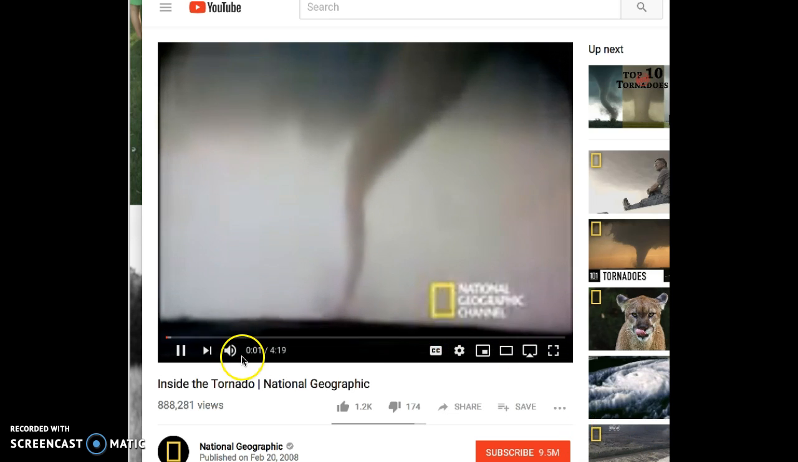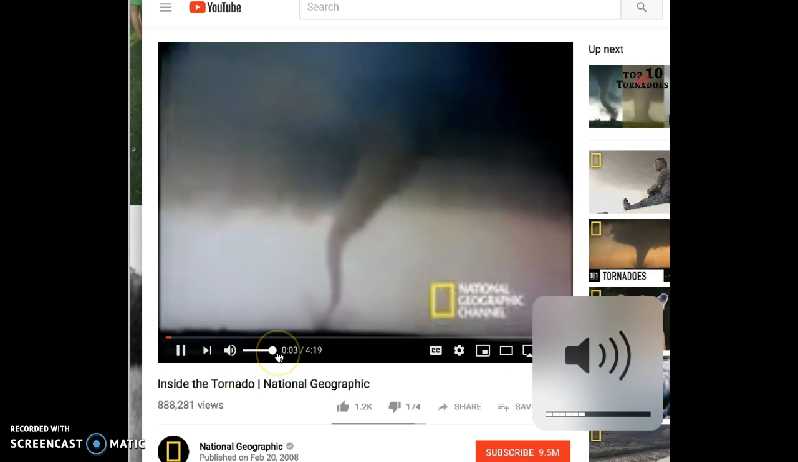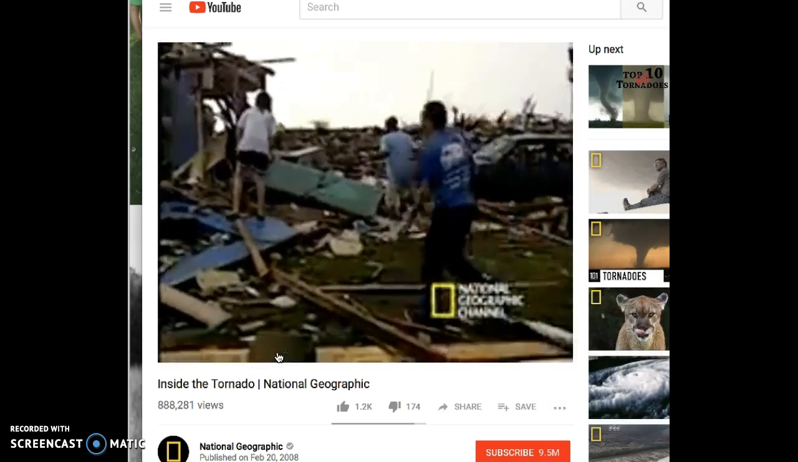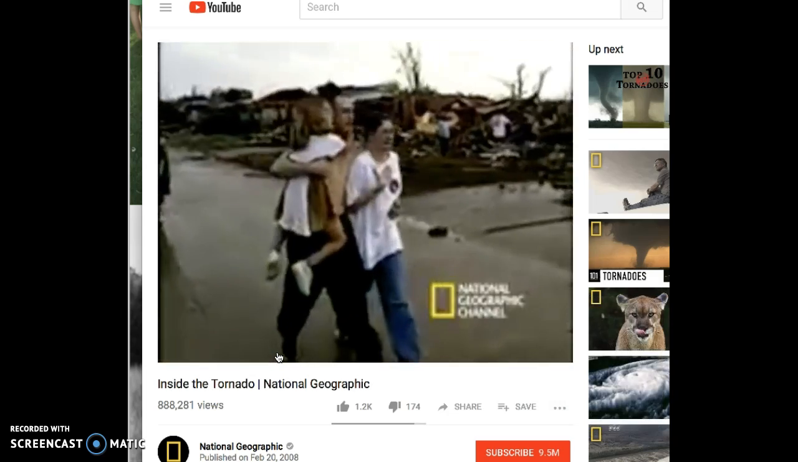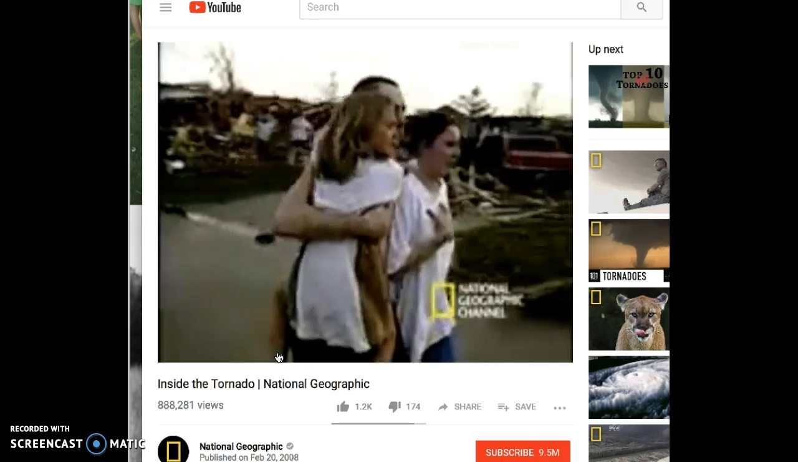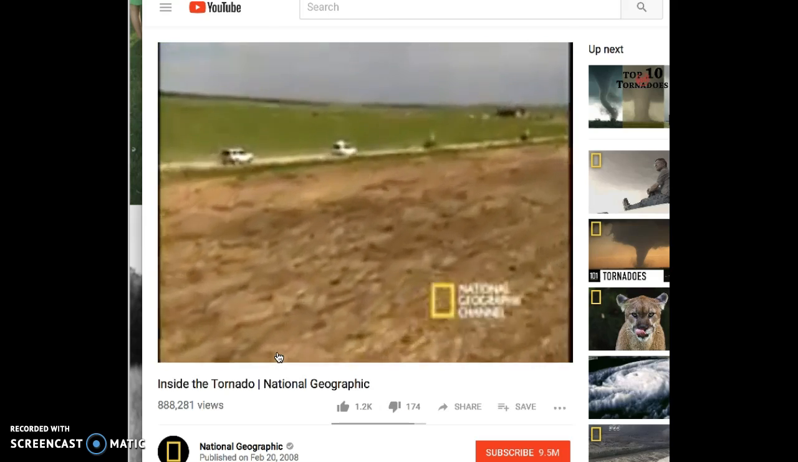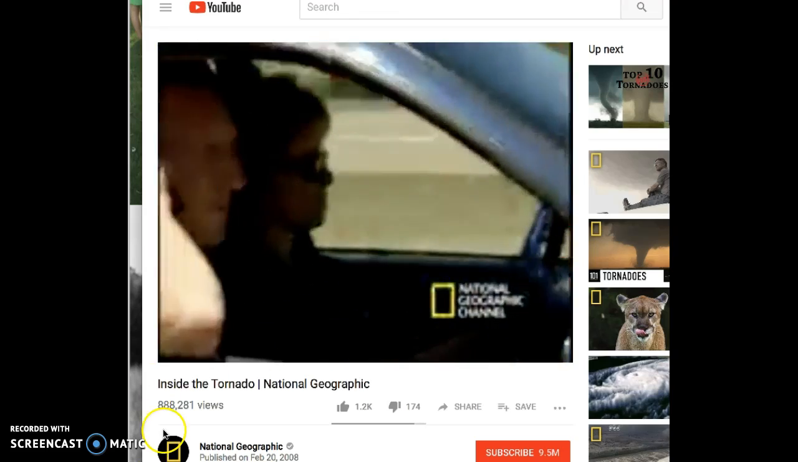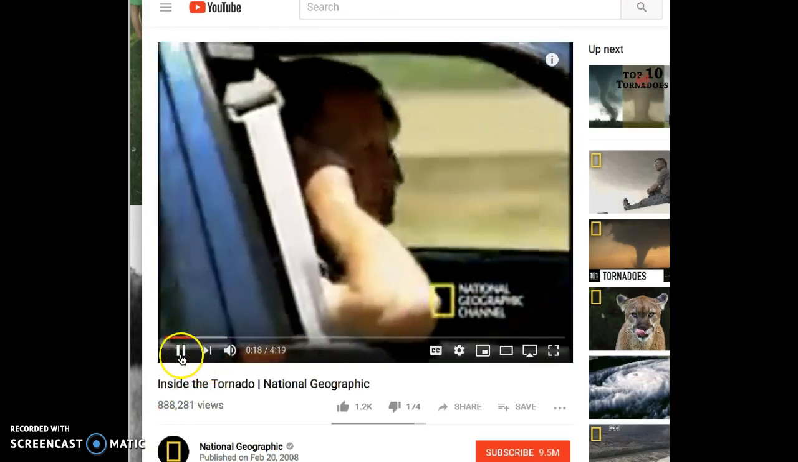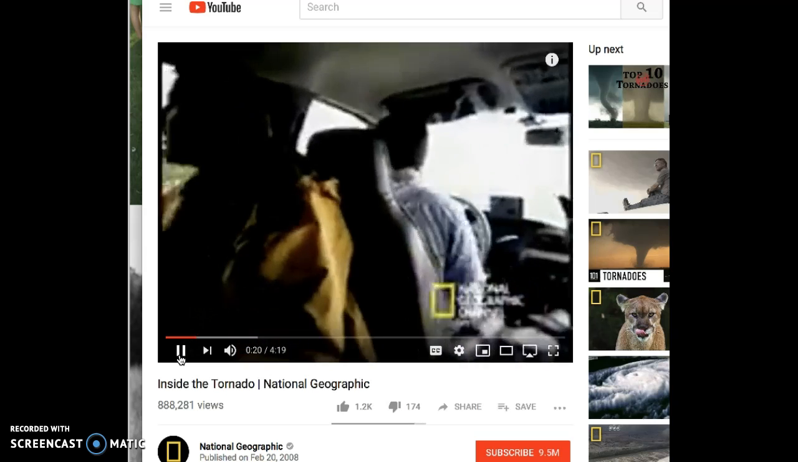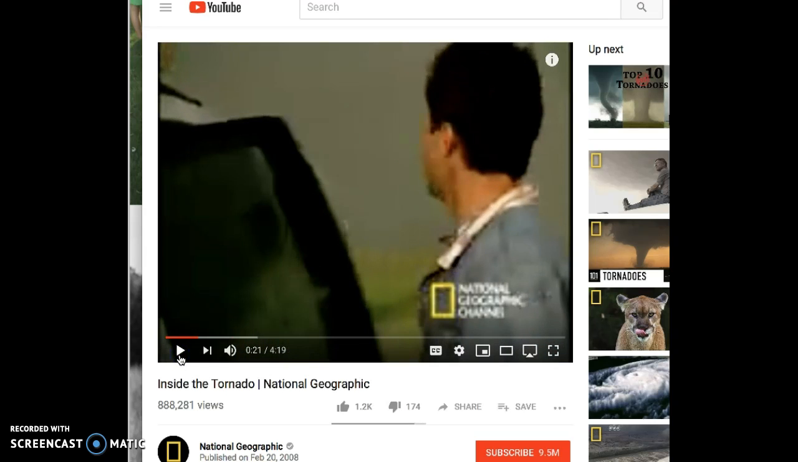With winds up to 300 miles an hour, paths of destruction, tornadoes are some of the least understood phenomena in nature. For years, meteorologists and scientists have been trying to decipher how and when tornadoes form. That's why electronics engineer Tim